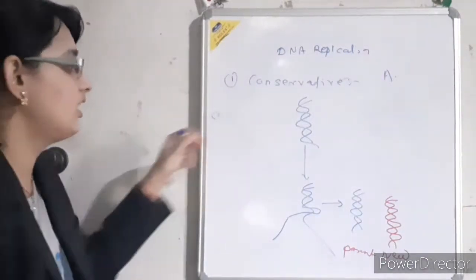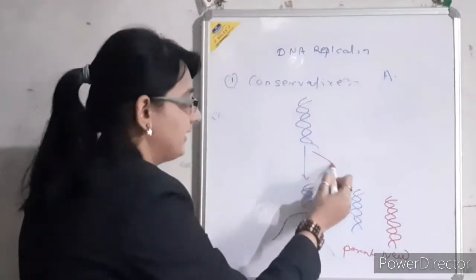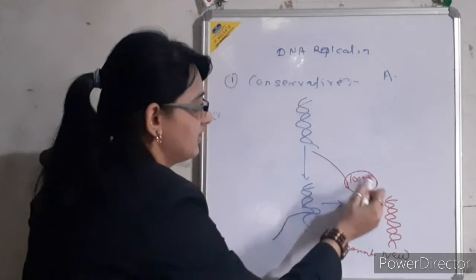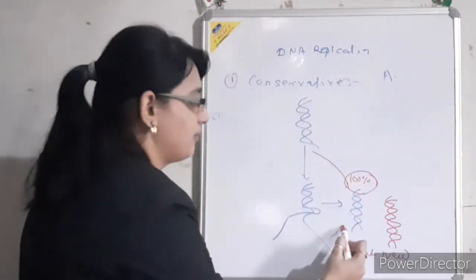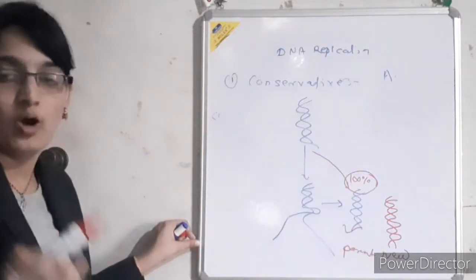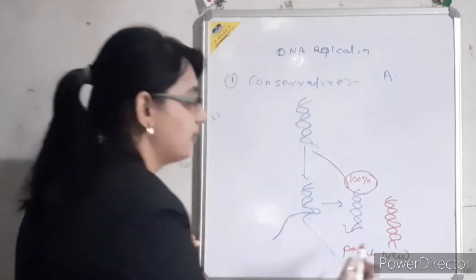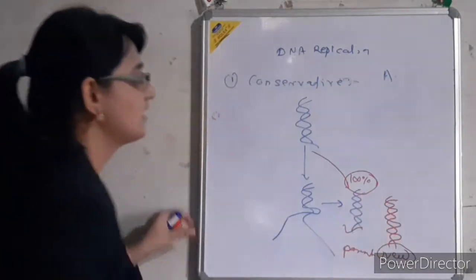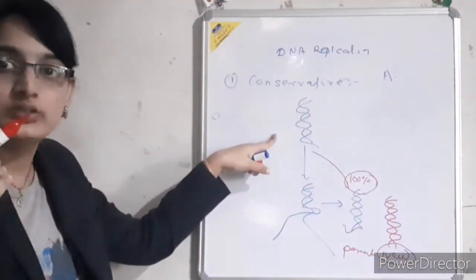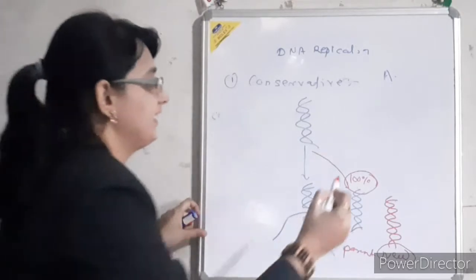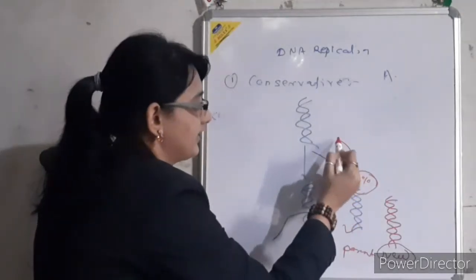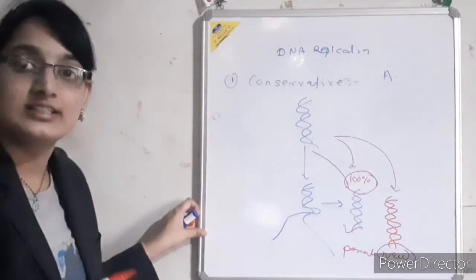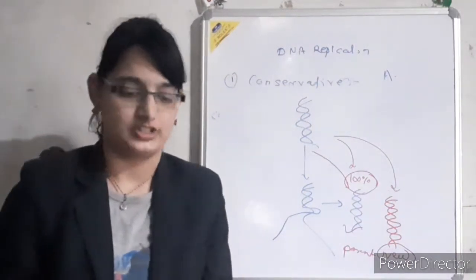It shows its complete character, 100% existence in the further generation, by a complete DNA strand of its own character, and a completely new strand is formed due to this replication. Each DNA makes two successive copies: the first copy is completely parental and the second copy is new. So this is called the conservative type of replication.